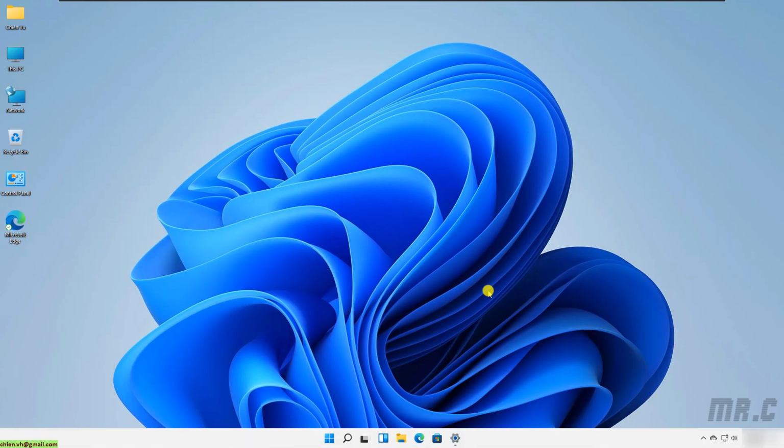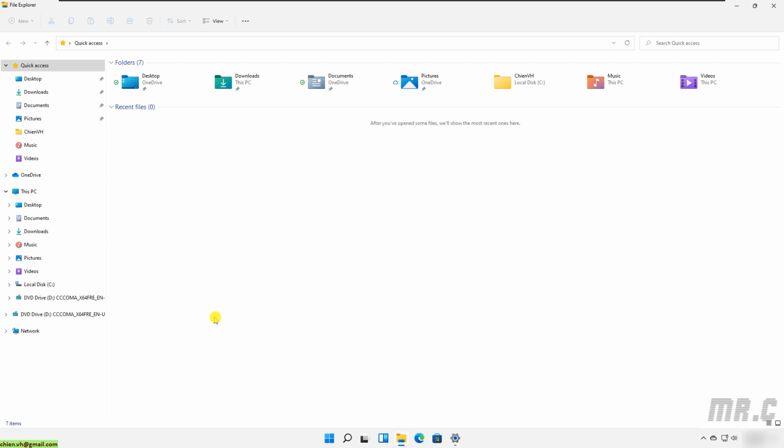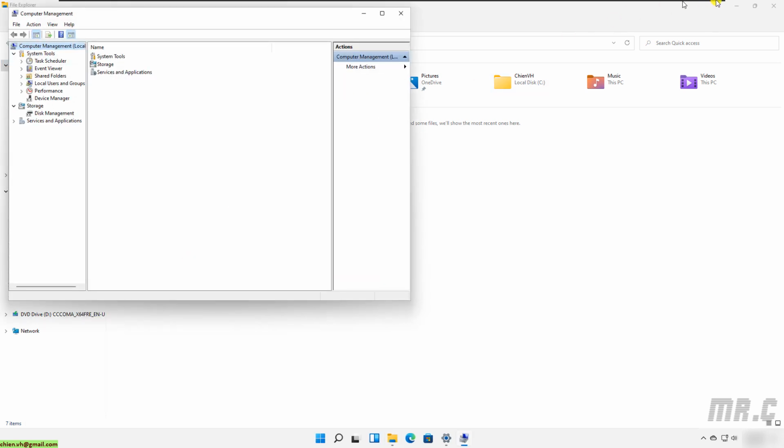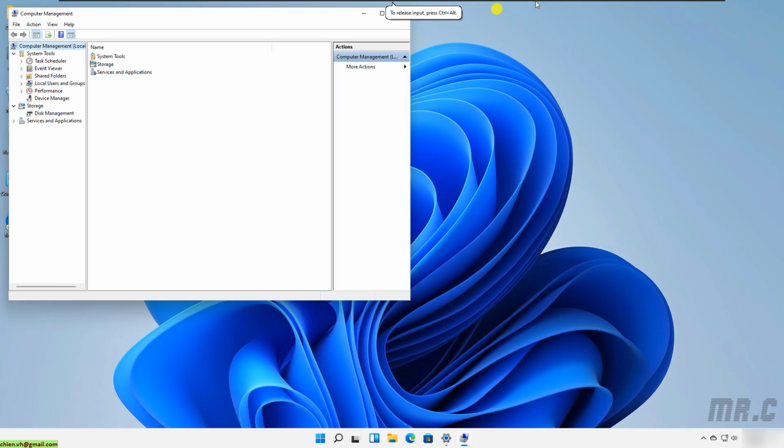If you have the This PC icon on your desktop, you can right click on it and select the menu in the context menu. In case you don't have this icon on the desktop, you can open File Explorer, and on the left hand side we have This PC in the content tree. Just right click on it and select Show more options. It will open another context menu. You select Manage,